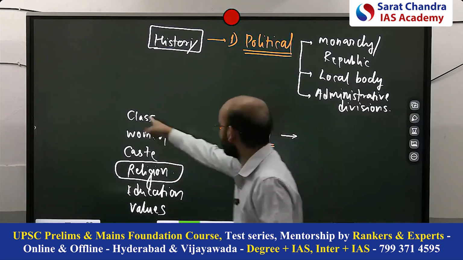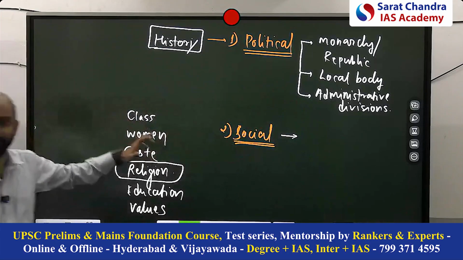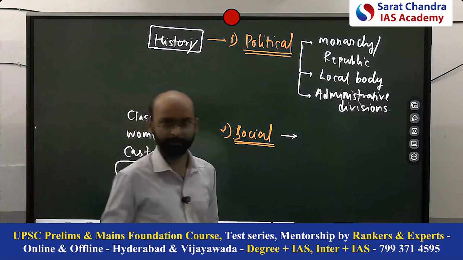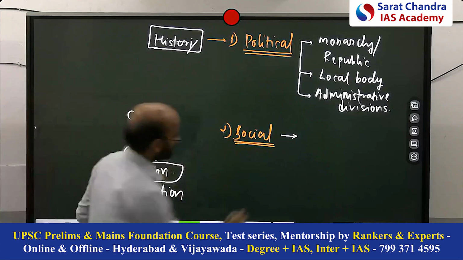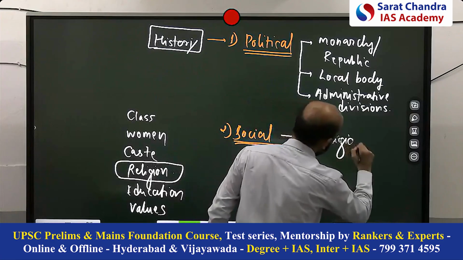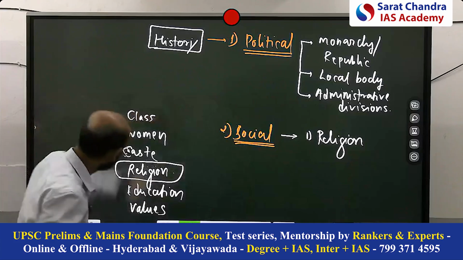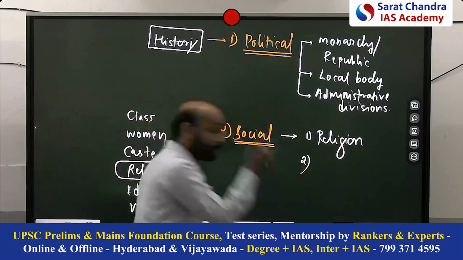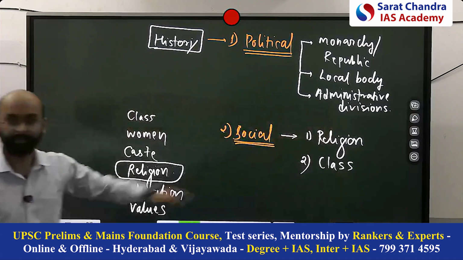Right? Then class. Yes, class and religion you can say. Your point is not wrong. Again, I'm saying it is not a quantitative way, but understanding. So let's keep religion as the first point. Friends, this is the prioritization point. This dimension only, but which point are you going to write first? So based on our discussion, we found that religion, then class.